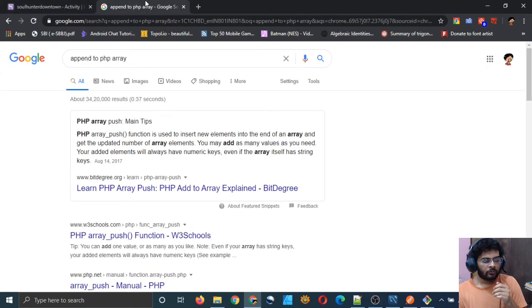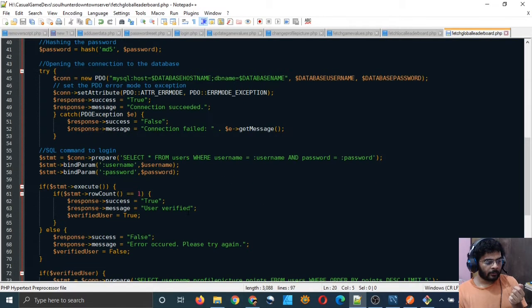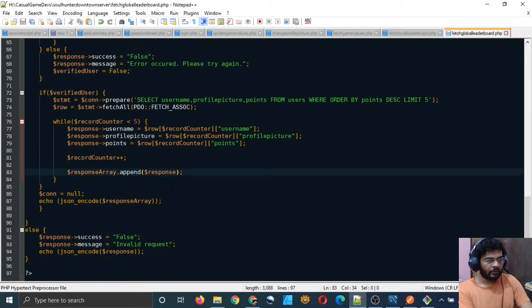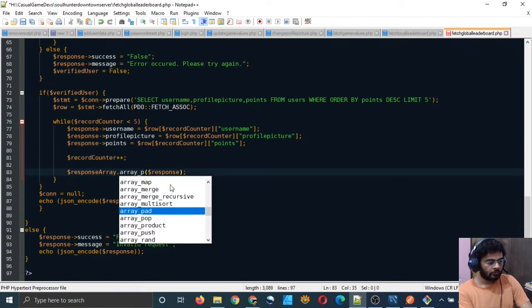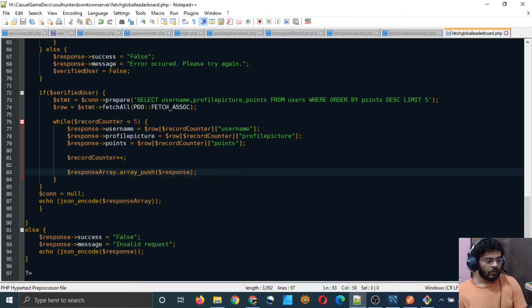So I checked on Google, and in PHP instead of the append function there is a function called array push. So instead of append here I will have to type array push, and now it turned orange. So this means that it is a real function. I mean, it is a documented function in PHP. Although if you use some external library, the library's functions may not turn orange because they are not documented in the native version of PHP. But this one is, so it's turned orange.